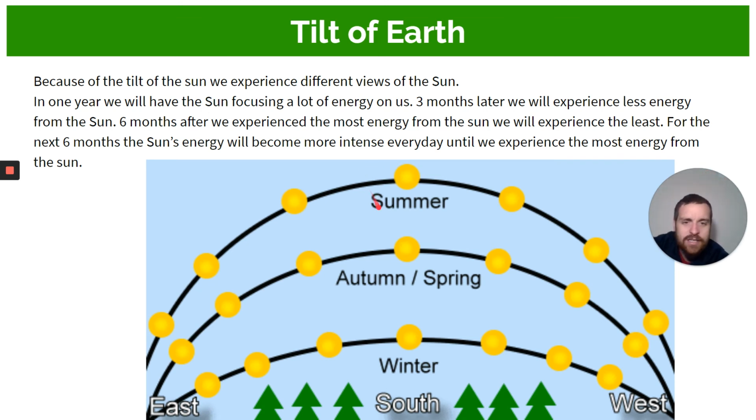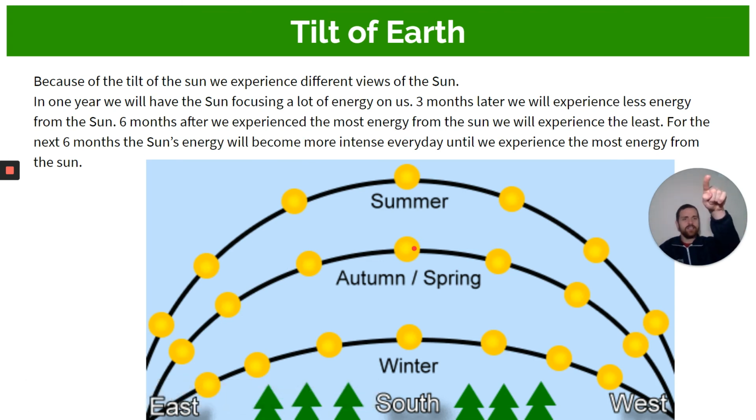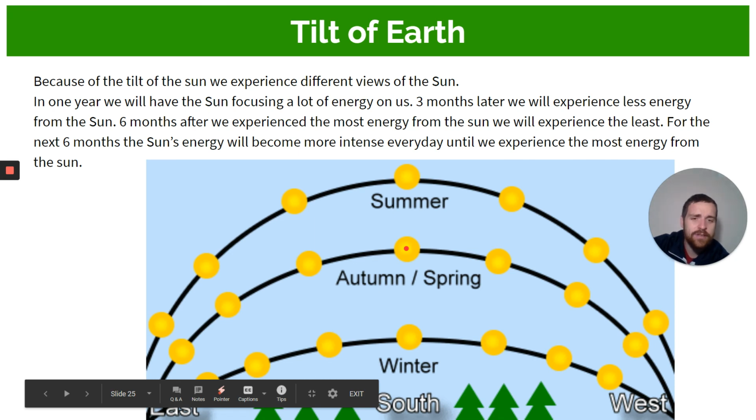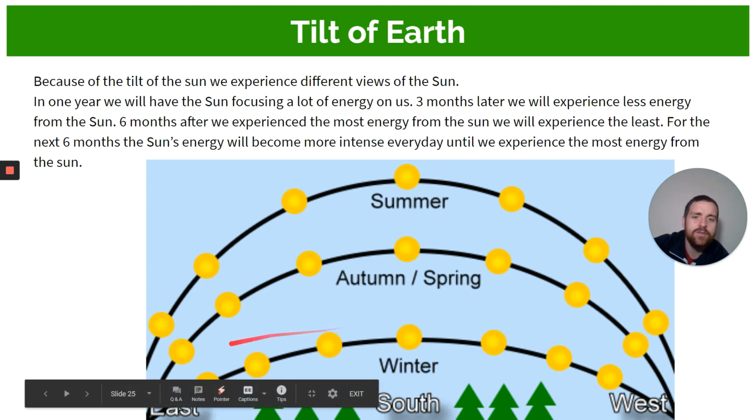What happens is 3 months later, we have autumn, okay? We just went through autumn, and autumn comes and the sun doesn't get as high in the sky, so it's slightly lower down. Usually it's up high, then 3 months later it's slightly lower down. In March, April, it's sort of in the middle here, okay? So we're still getting a lot of energy from the sun, but not as much as when it was summer, okay? And so this is April, May, and then it continues to decrease,